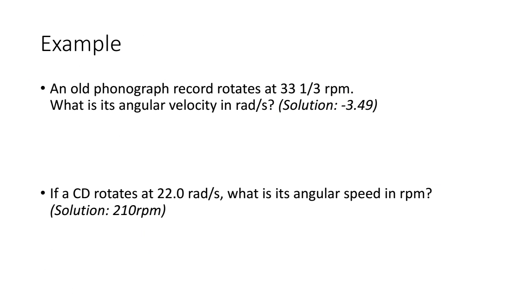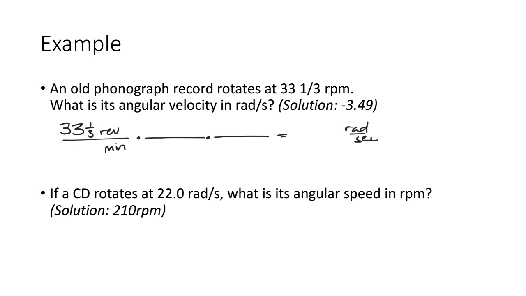In this example, an old phonograph record is rotating at 33 1/3 RPMs. We're going to convert its angular velocity into radians per second. It's important to note that RPMs is representing revolutions per minute, with revolutions on the top and minutes on the bottom. So if we were going to convert this into radians per second,